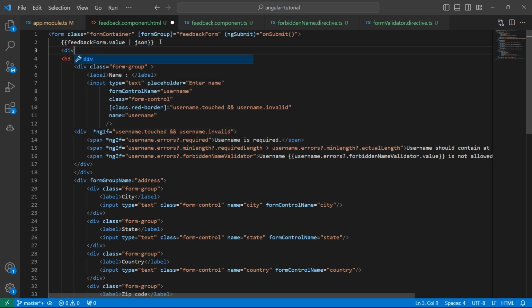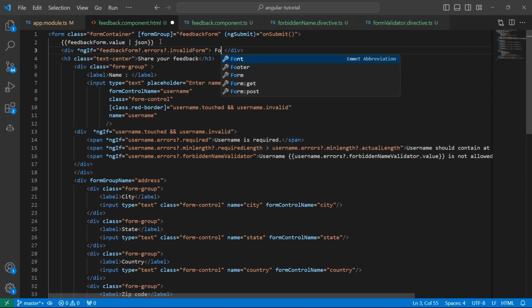I want this error to be displayed only when there is an errors object inside feedback form. First we need to check if the feedback form is properly loaded or not. Then if it has a property called errors, and then inside errors if there is a property called invalidForm. If all these conditions are satisfied, then we want to display a message: